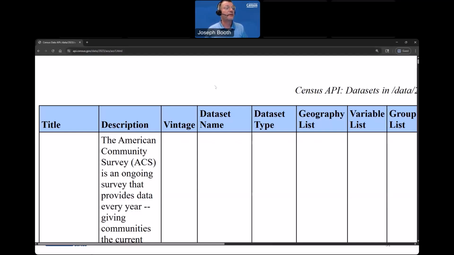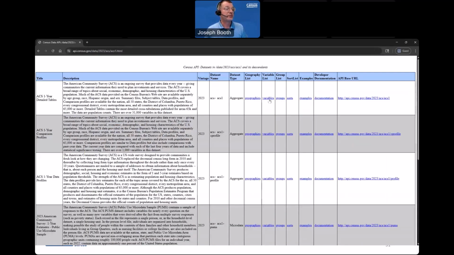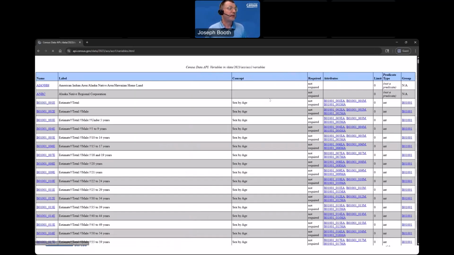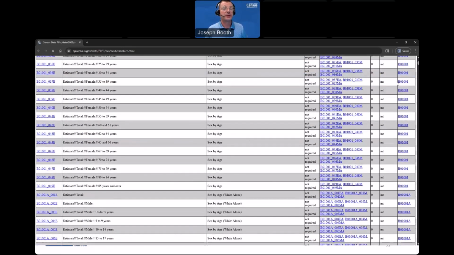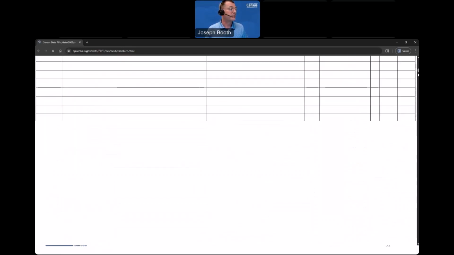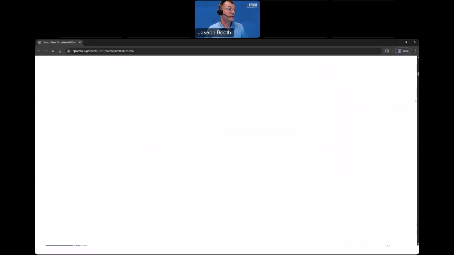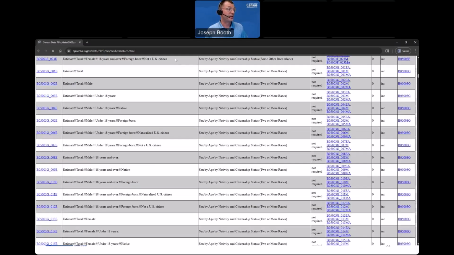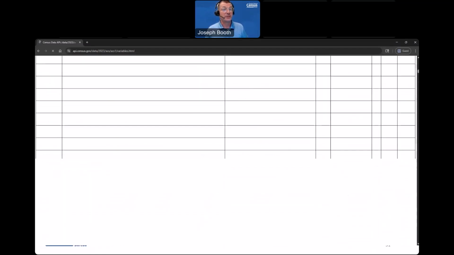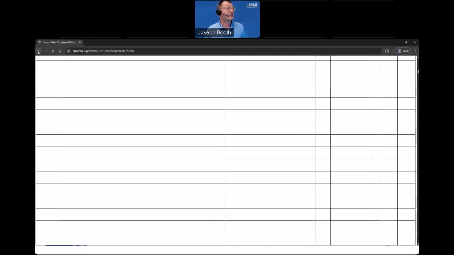All right. And the first thing we're going to do here, we're going to look at the variables lists. So this is going to open up the variables HTML endpoint. And you can see this is a very large list. I'm going to try and scroll it. And you can see it's still rendering into the page. So you can make a call to this endpoint programmatically. As you've seen, you can easily switch over any endpoint from .json, .xml, or .html. The items that are returned can be quite large.